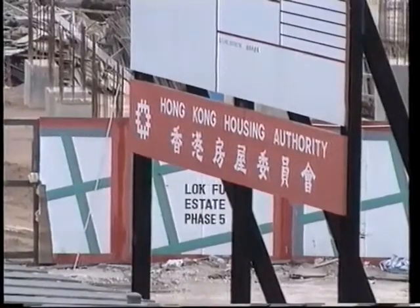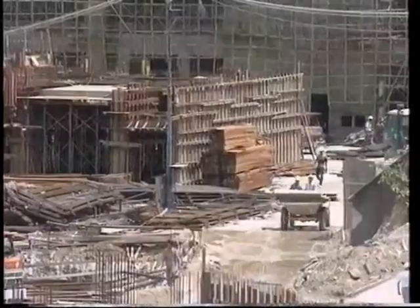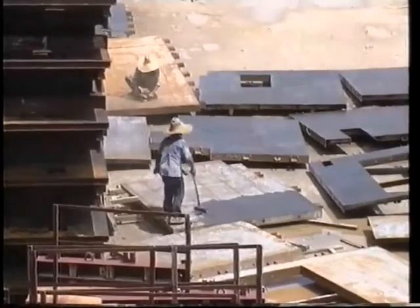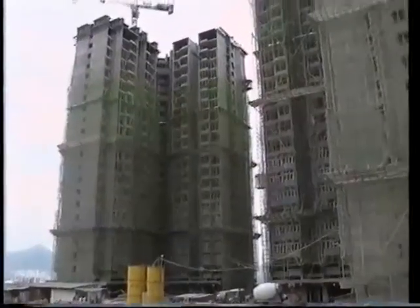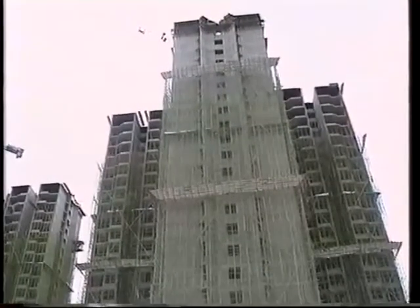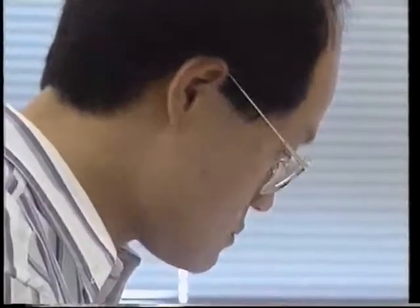When a government department does not fully comply with internal administrative instructions, there is not much the GEO can do. Private developers, on the other hand, are bounded by the building's ordinance, but in practice, loopholes exist. The reason is that the law does not require geotechnical works to be designed and supervised by geotechnical experts, and so geotechnical works are left to architects in many cases, resulting in errors. Very often, engineers at the GEO have to highlight errors on submitted plans in much the same way as teachers